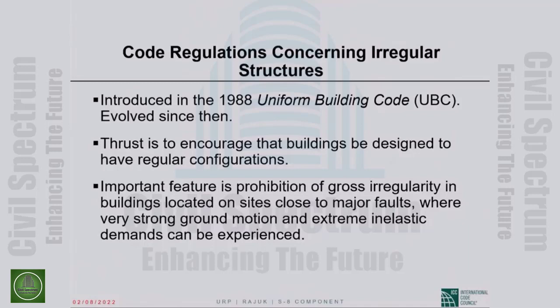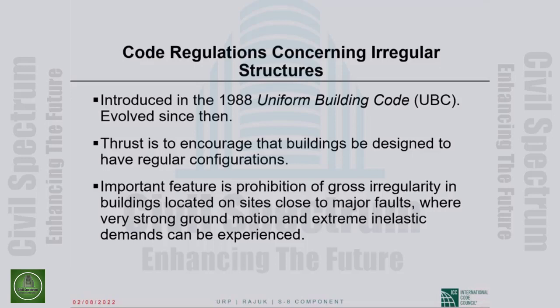The code regulations concerning irregular structures were introduced in the 1988 edition of the Uniform Building Code. The types of irregularities that you see date back to then. There have been a couple of modifications, but only a couple. This has been a very stable part of the code. The thrust of the regulations is to encourage that buildings be designed to have regular configurations. The idea is not to penalize the lack of regularity, but to encourage